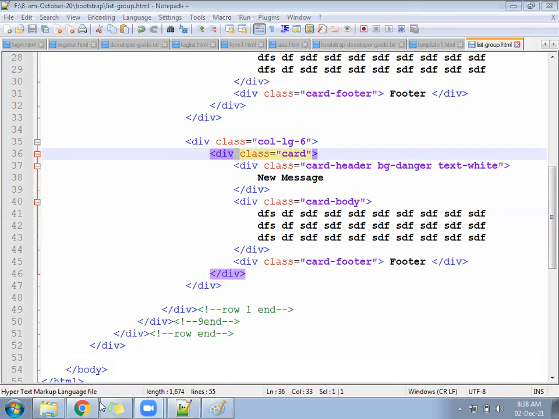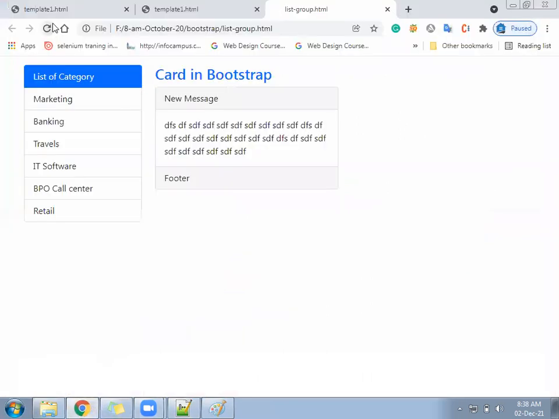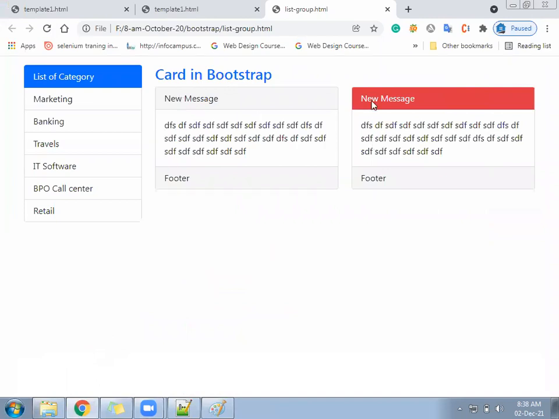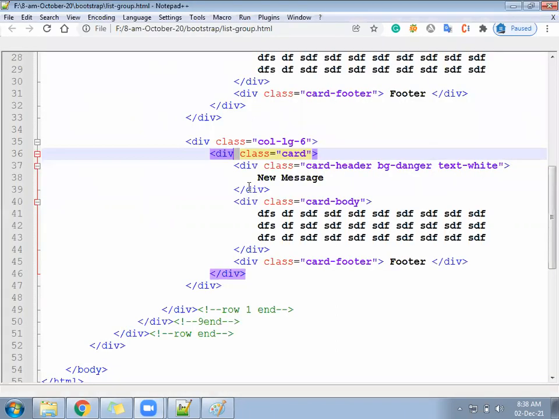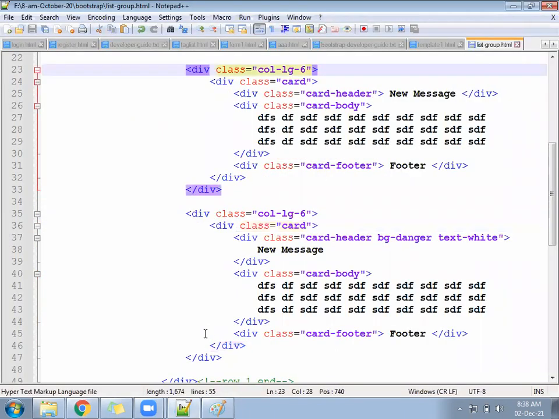Red header, something like this. Red header, second one. This is the default one. This is the red one because we have followed a class called bg-danger. Similarly, we have many classes: danger, success, info, warning, secondary, bg-white. All levels we have, we can apply here. So here both are 6, first 6, second 6. Both are part of 9. We will create one more example. It looks like some people are confused.